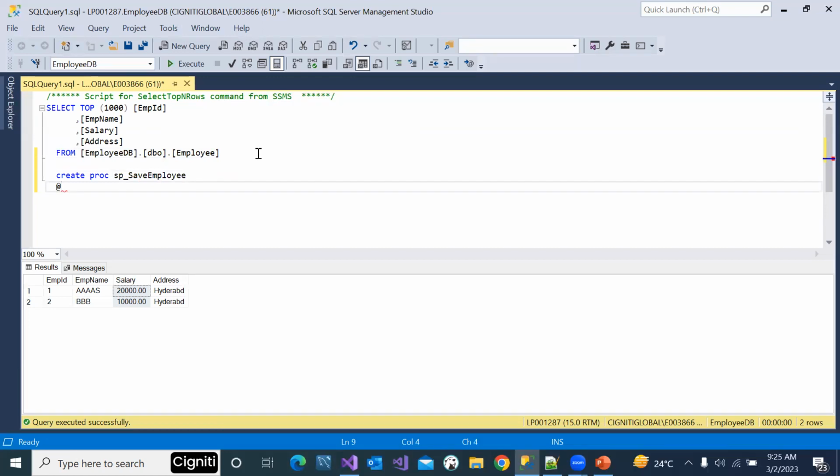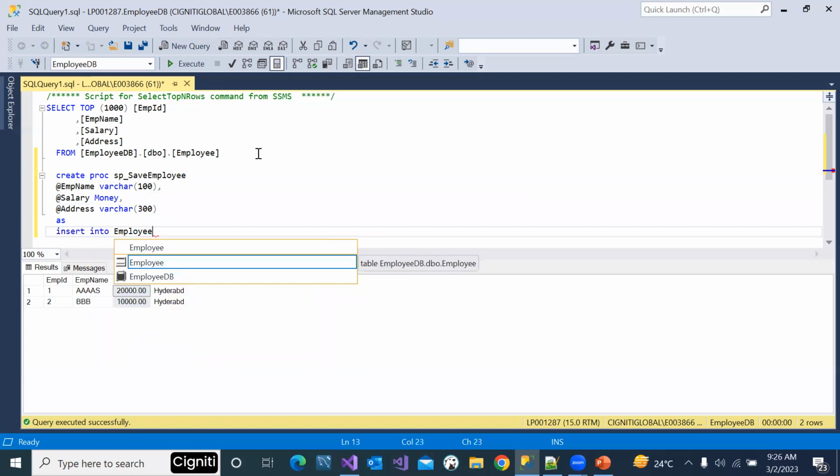Employee ID is the identity column, so no need to supply. @EmpName varchar(100), next, @Salary money, next, @Address varchar(300)